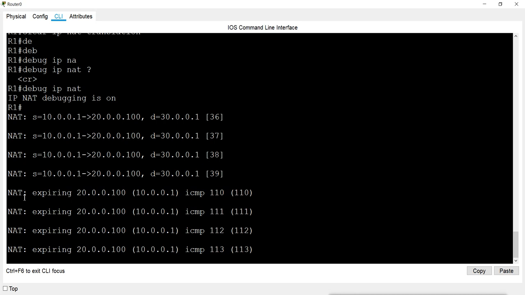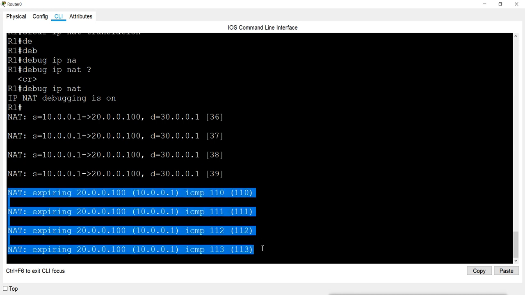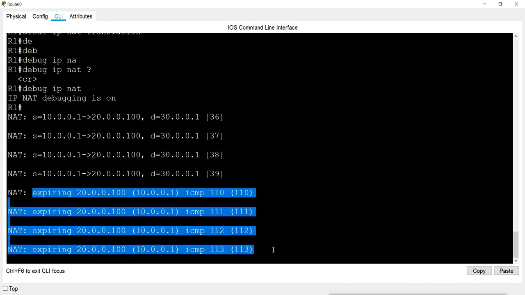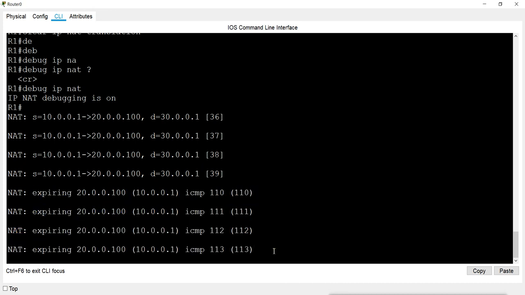After one communication, a public IP is allocated to that private IP. After some time it will remove it, clear it, and expire it, and then that IP will be available to allocate.